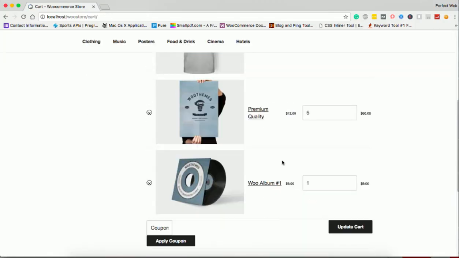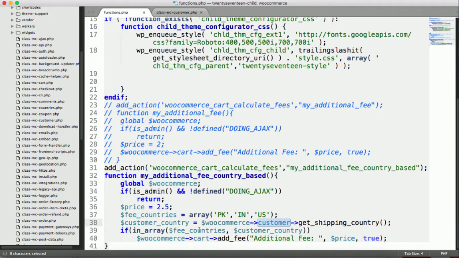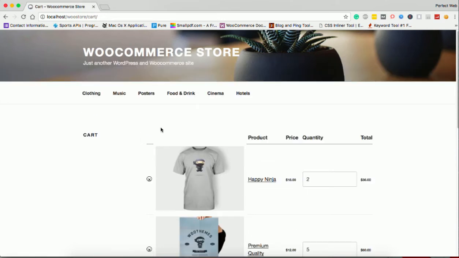Maybe there is an array parameter issue with in_array. So my mistake. This one will be the key you want to search, and this one must be the array. So this warning is from in_array, and it is a very good thing that you have enabled debug mode in your wp-config, so that you can see even the warning, not only the error. So the warning is gone now.